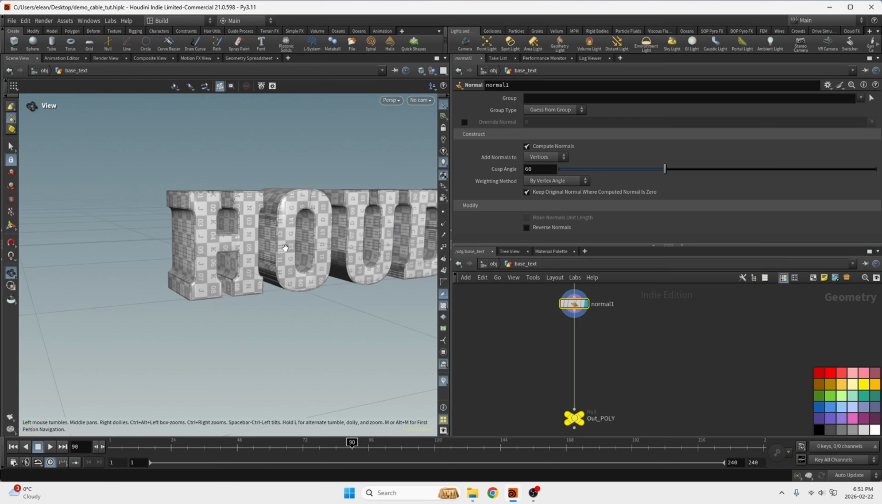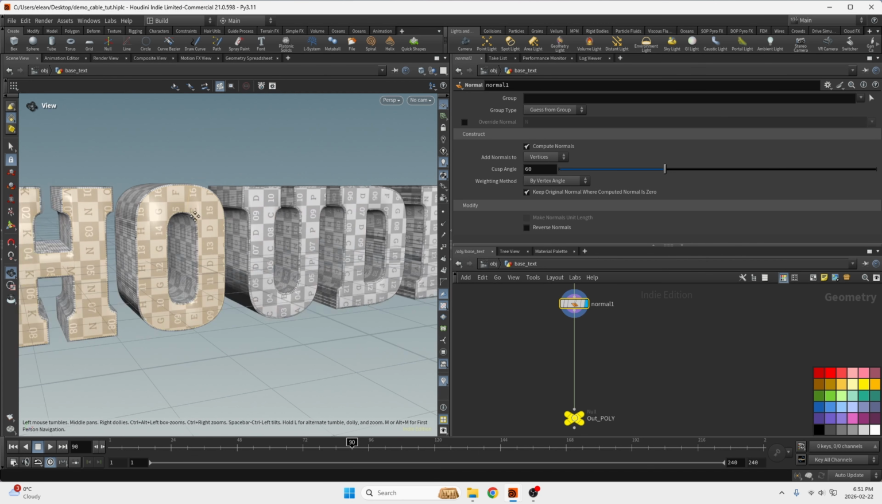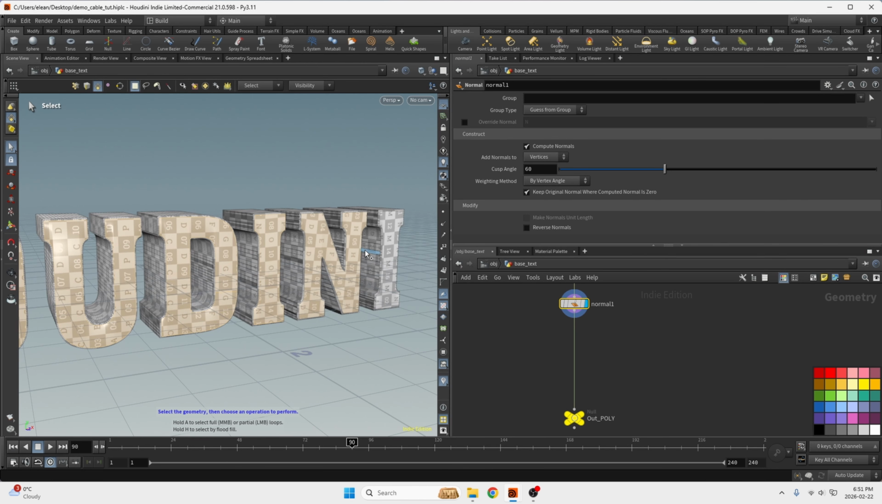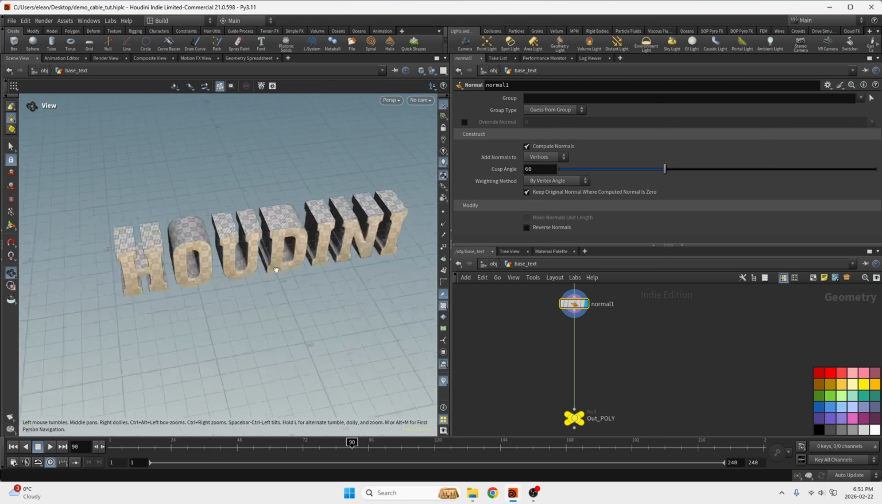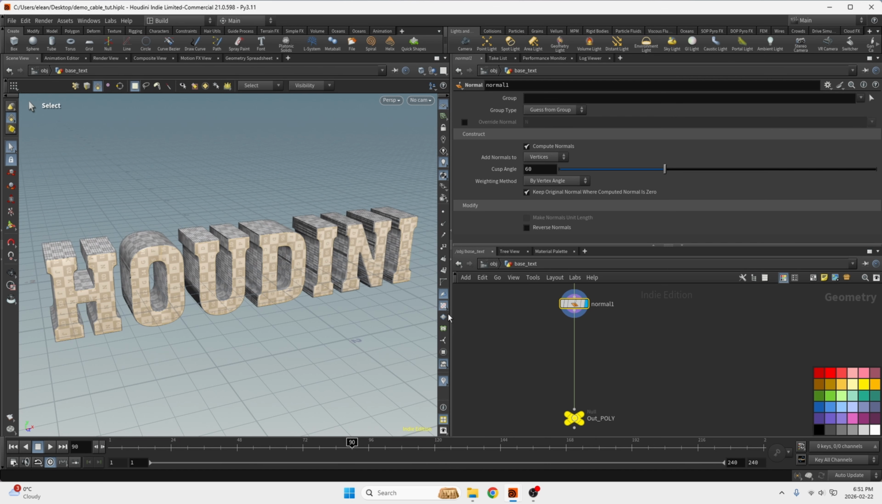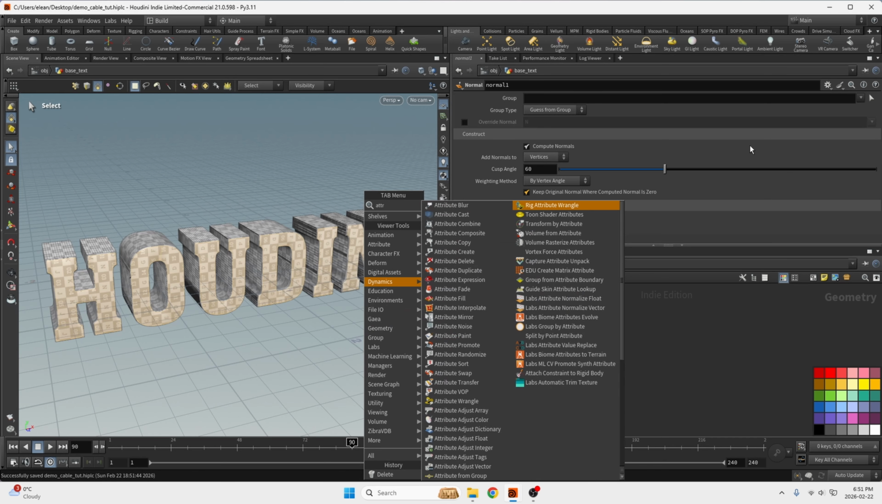So I find when I'm working with big blocky text, sometimes I want the interface here to have a different material or texture than the rest of the object. So what I'm doing here is selecting all of the faces, and I'm going to put down an attribute create. Well, actually, I'm going to put this in a group